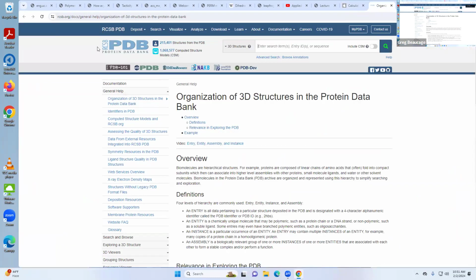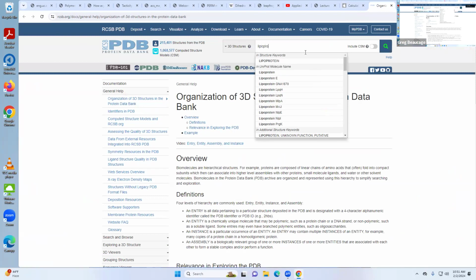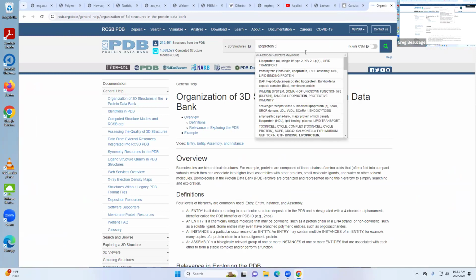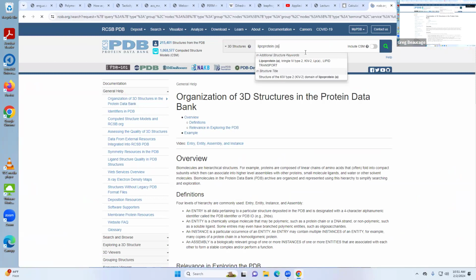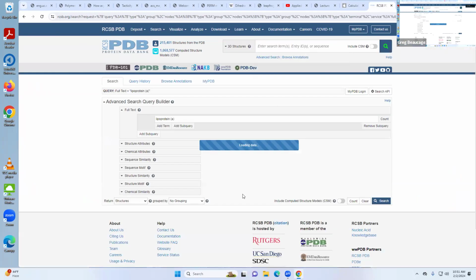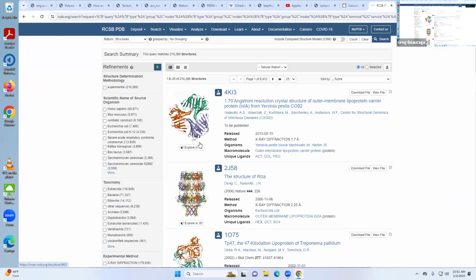You can download from the Protein Data Bank. You see PDB files, and then you can find any protein. Like I was looking at lipoprotein A, right? So you just put in whatever protein you want, and it'll find it if you're lucky, if it loads the data. And then you can get this PDB file, which just tells